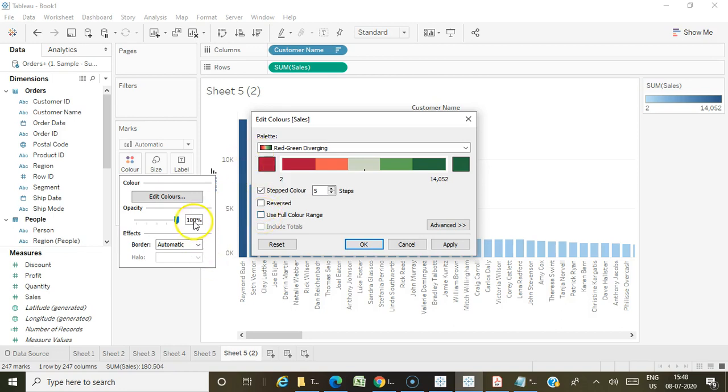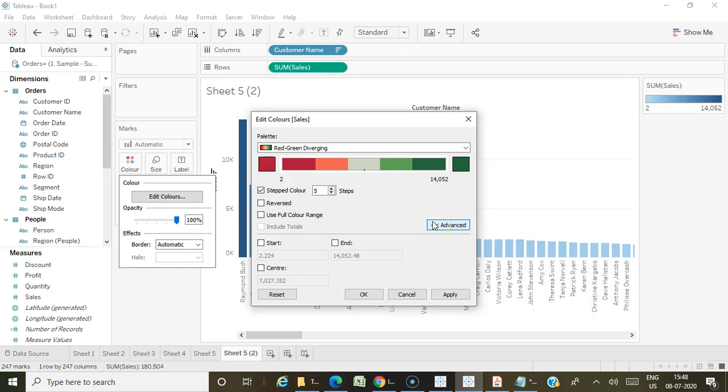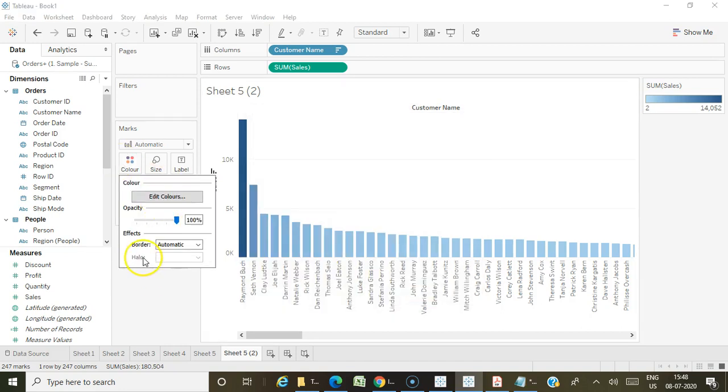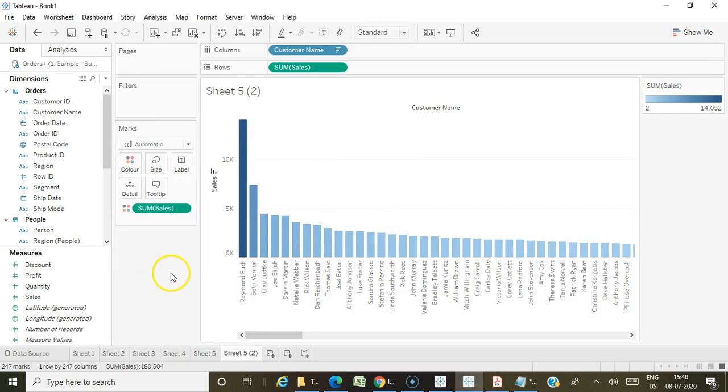And one more thing, they will ask you a question like how to fix the center point of the colors. Suppose I want my end color to start from this point, how do I do that? If you click here on the advanced option, you have the options like giving the starting point, ending point and center point. Remember this. And the halo effect: this halo effect can be used only on the map sections, not for the other visualizations.